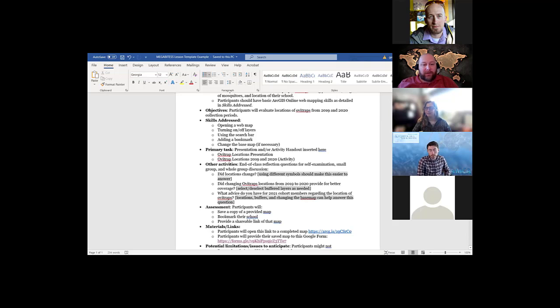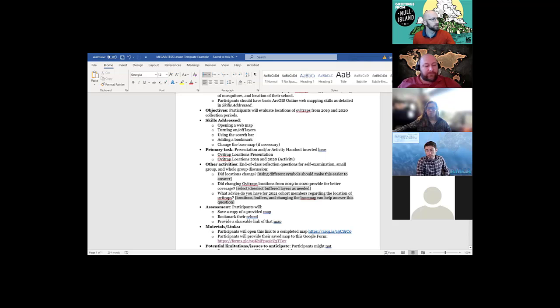And as far as primary task goes, when you do your GIS lesson plan, you could just plug and chug, kind of like the handout I have provided for you with overtrap location presentations, which is less than 2 pages. You could just insert that with primary task, or you could even put see attached lesson plan, kind of like I have.